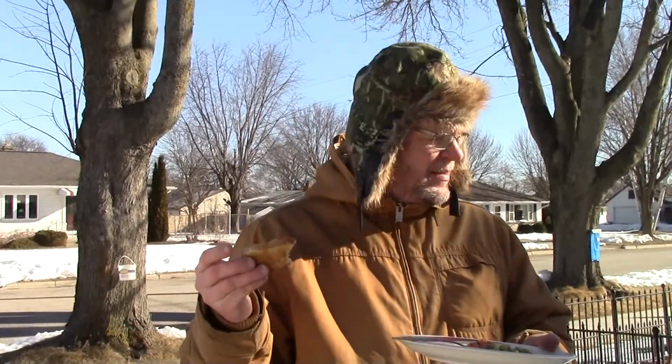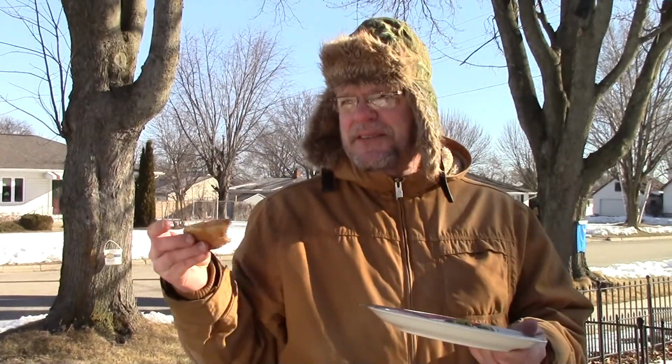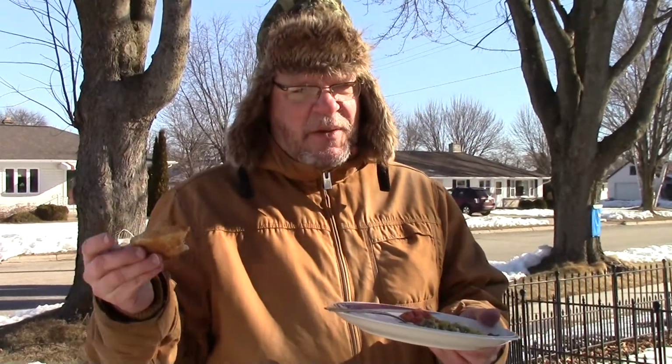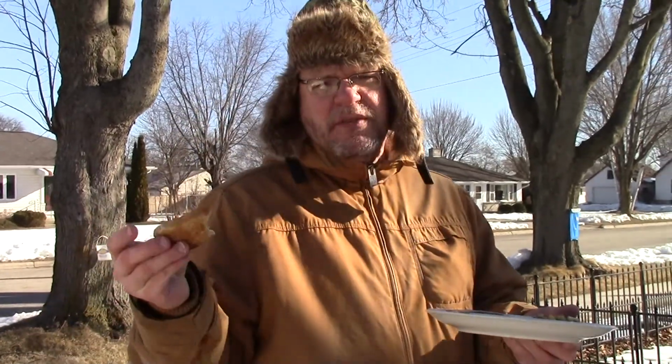Yeah, I can do this all day. It's awesome. The critical part's going to be once we get it boiled down and then put it on the stove, making sure that we don't burn it or anything like that. So I got a thermometer. We'll be real cautious with that, that's for sure. Our first maple syrup venture, though,